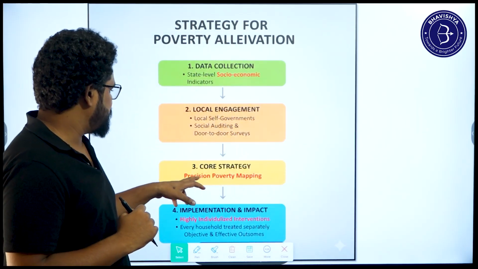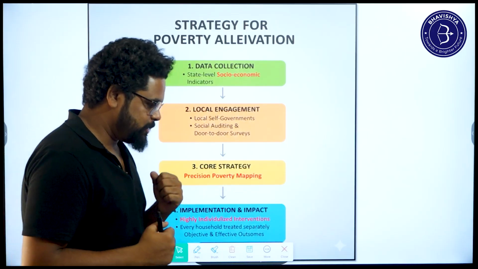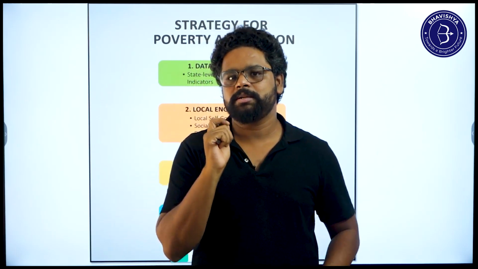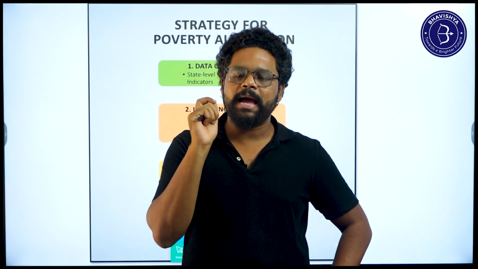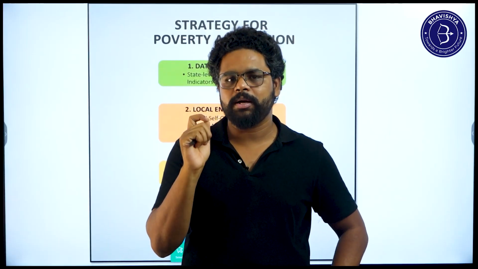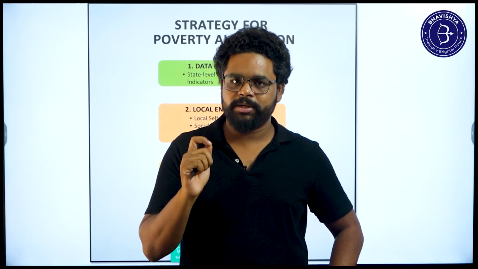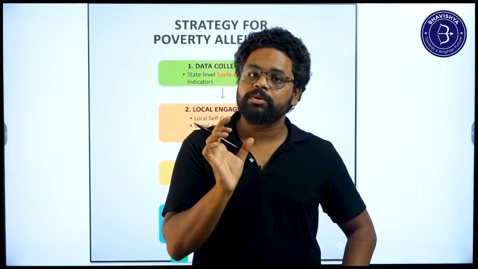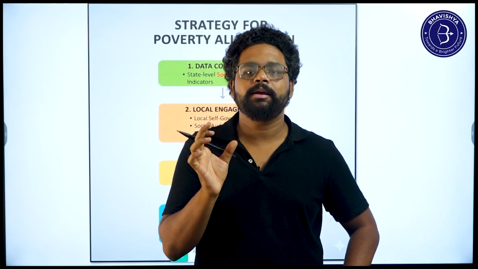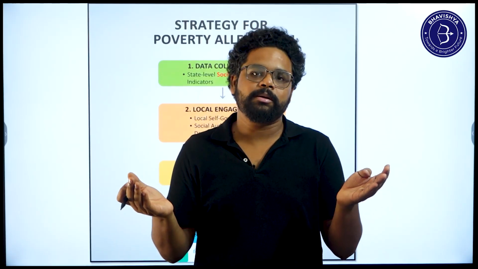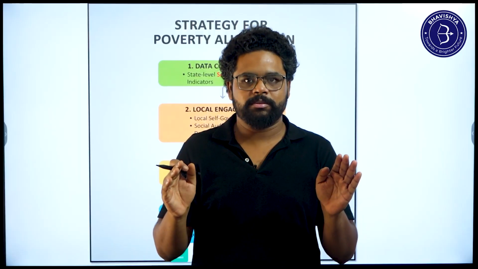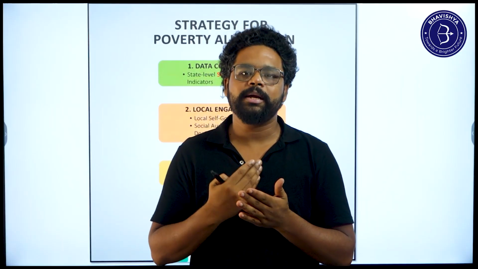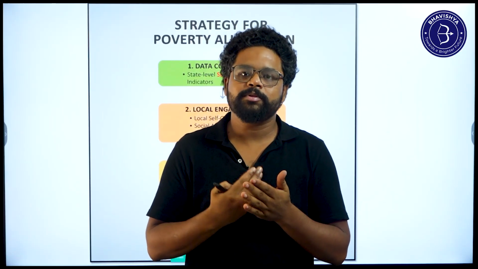And the next one is precision poverty mapping. In this term you need to understand what is meant by precision. The word precision means to make sure that your sample is as small as possible, so that the data you collect will be more conditioned and objective, and the causes and your data will be much more refined. It considers every household as a single sample rather than taking a village or a mandal or a particular taluka as a sample size. As you decrease the sample size of your survey, automatically your data will be much more refined and also much more objective.